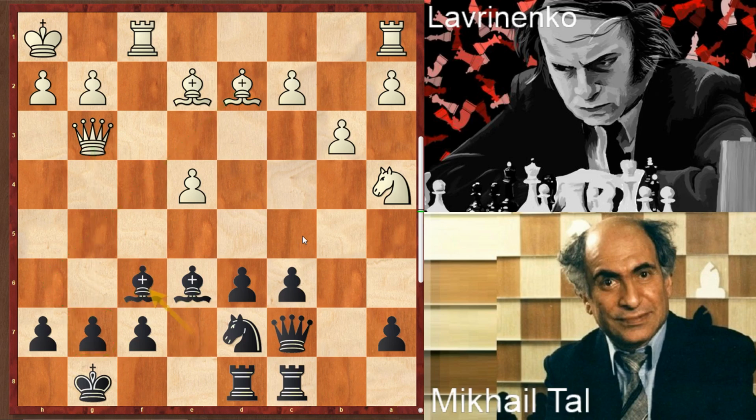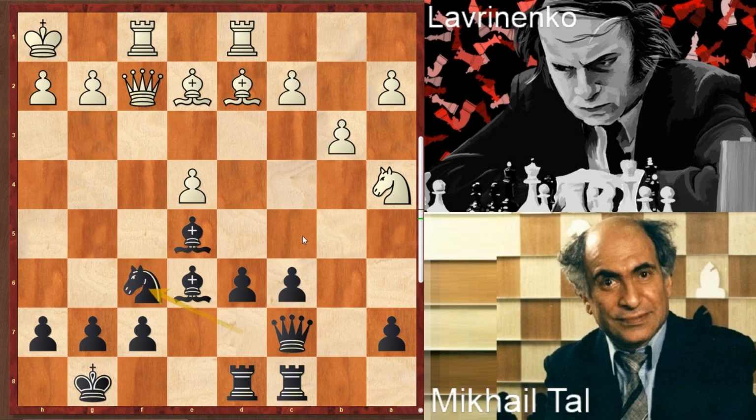So Tal prevents that with f6, rook from a to d1, bishop to e5, attacking that white queen, so he retreats to f2, knight to f6, and we have queen to h4 from Lavrinenko, c5 from Tal, c4,